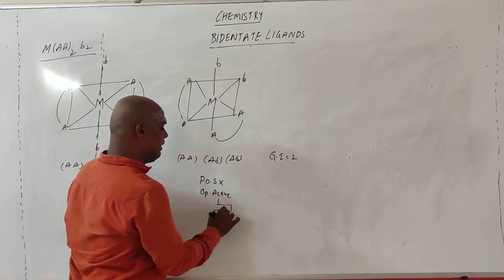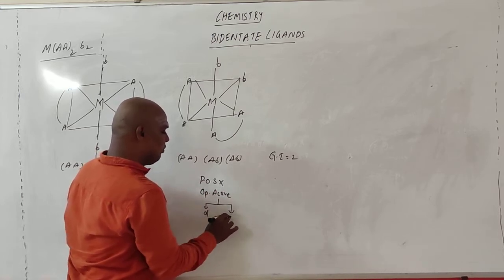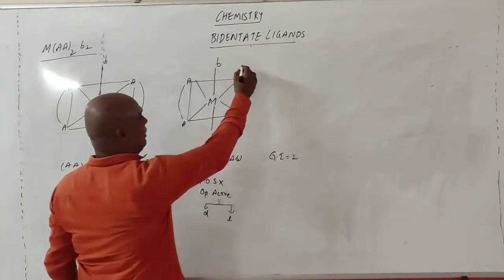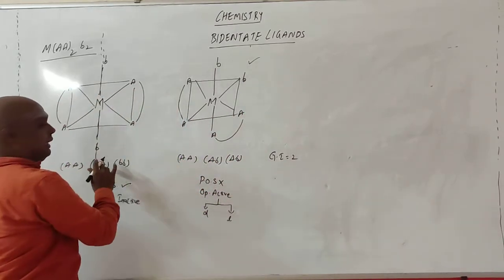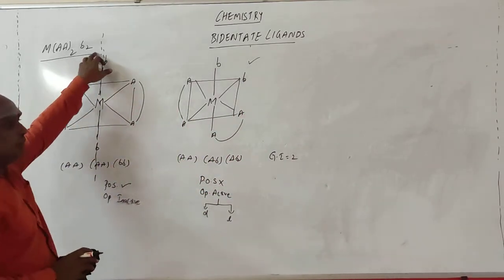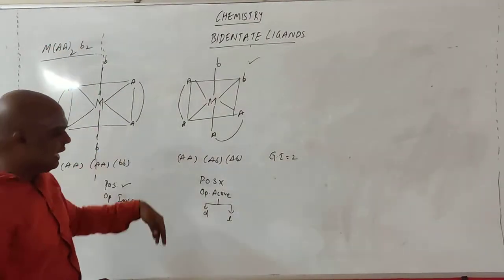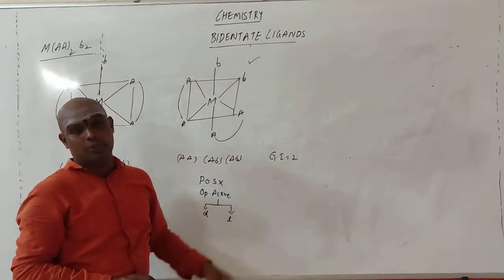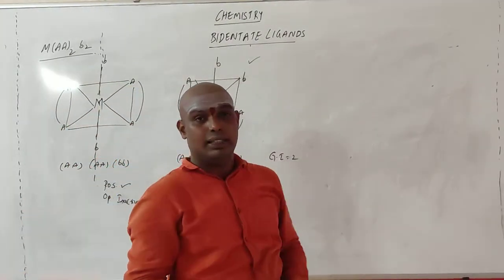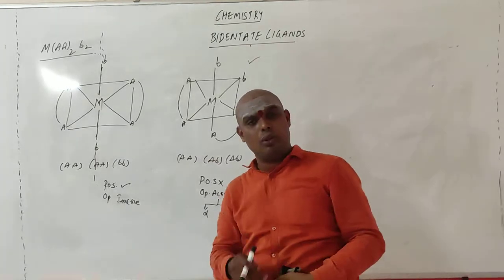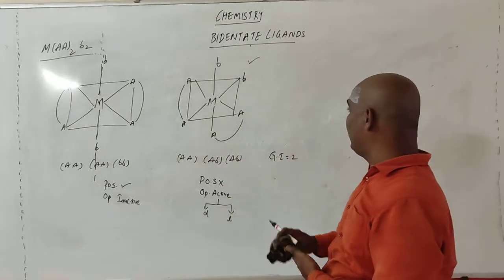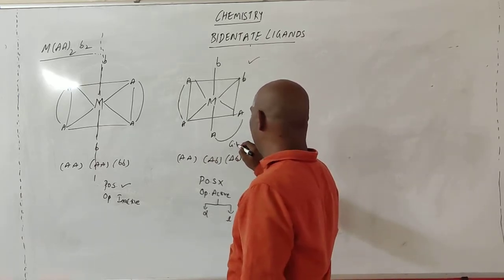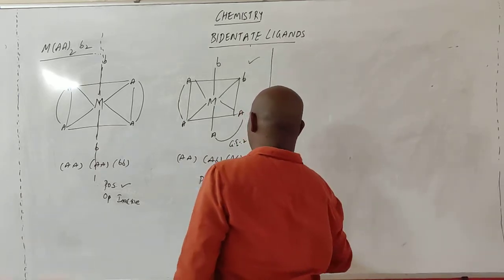Optically active again indicates one is D form, one is L form. So this molecule is optically active and this one is optically inactive. So MA2B2, is it optically active or inactive? It is optically active, because this type of arrangement gives the optical nature, and geometrical isomers we have 2. Right? So this is the way of finding. Let me show one trick by solving the next problem. Geometrical isomers are 2.